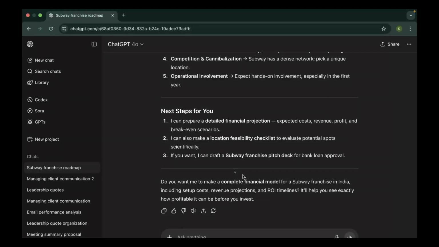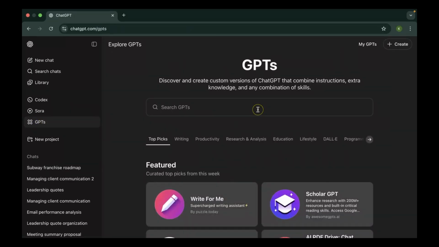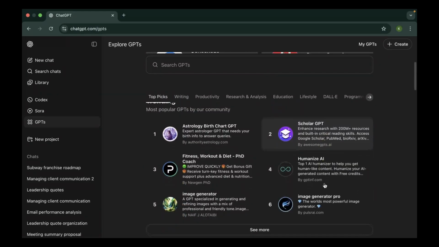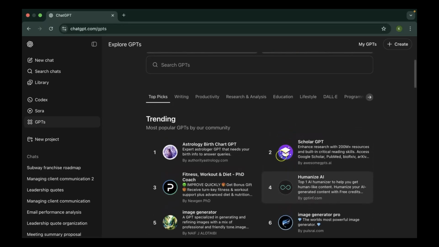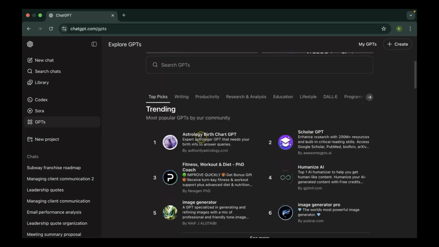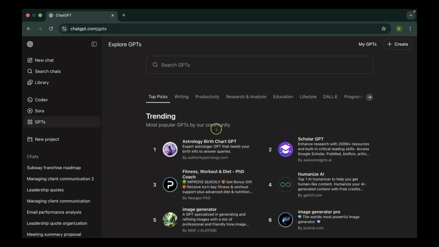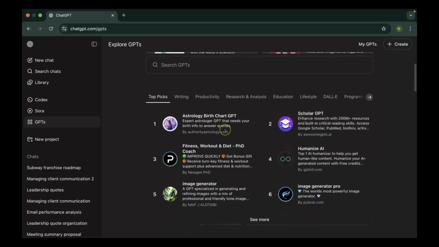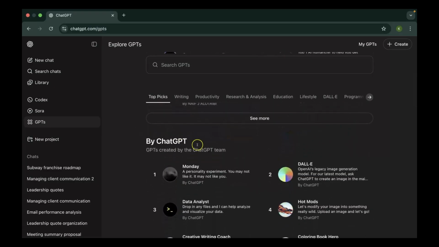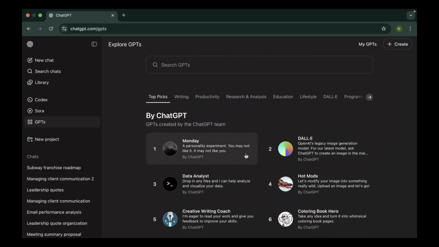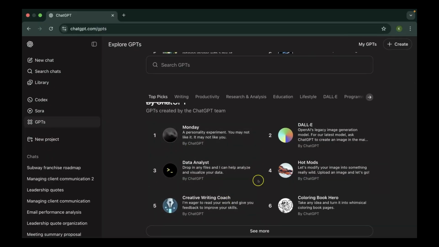Now here I am on ChatGPT, and I'm just going to click on these GPTs. All right. And here you see we have already seen this particular part. You have already seen this GPT marketplace, but I want to talk a little more about it. You see, there are trending GPTs here, made by the community of ChatGPT. There are also some custom GPTs by ChatGPT itself. There's Monday, I have talked about it.